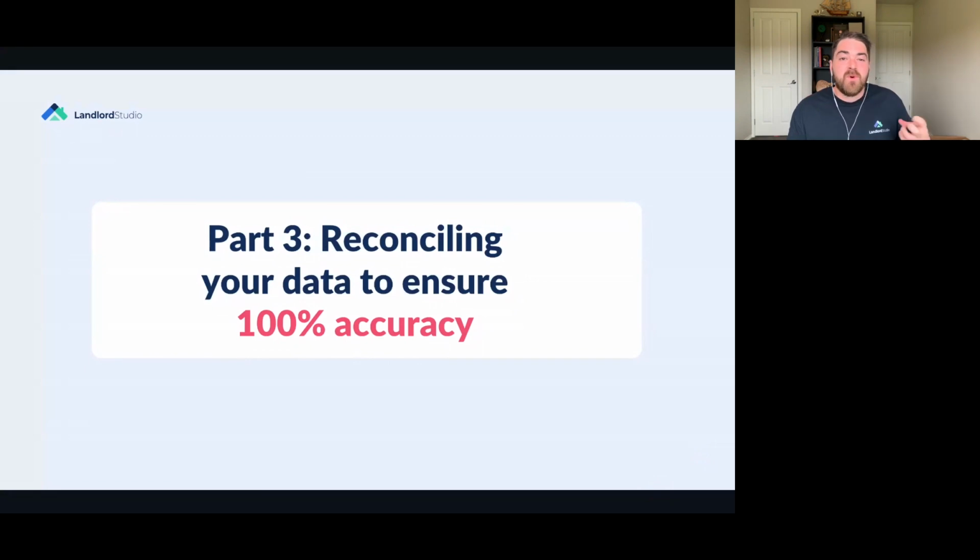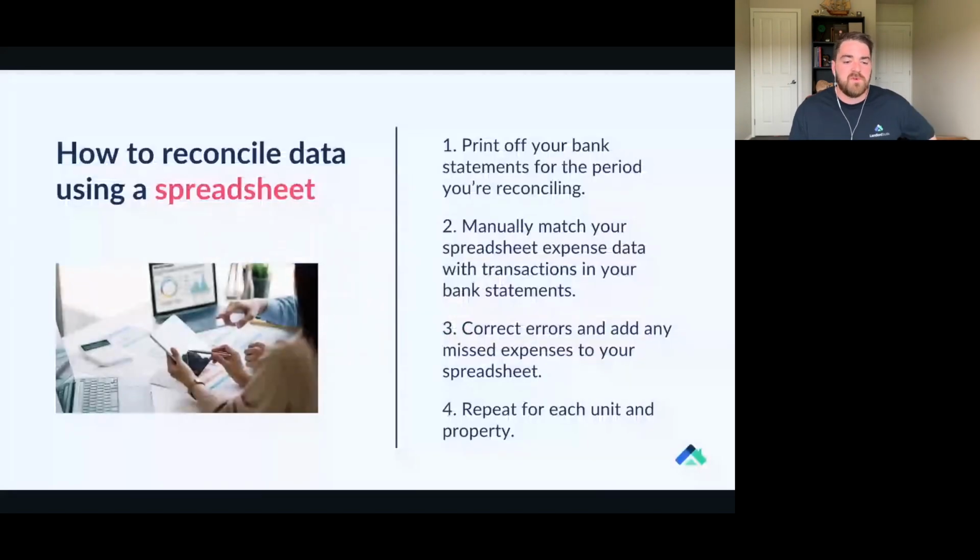And this more often than not leads to a major accounting task at the end of the year and inevitably results in missed expenses. To reduce the likelihood of errors and missed expenses, you'll need to regularly match your income and expenses with your bank statements. Super important. It also gives you a lot of insight into how your portfolio is actually performing, because if you don't know your cash flow, then you don't actually know where you're sitting in terms of profitability on your rental portfolio overall. So the process is